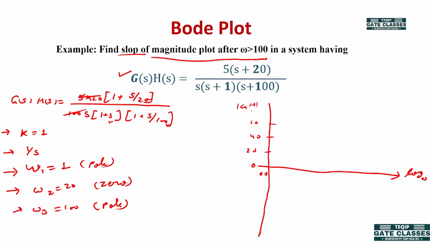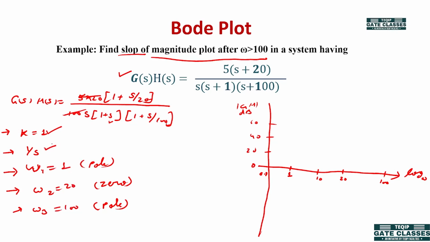Okay, GH in dB. Say this is your 1, say this is 10, this is 20, this is say 100. Okay, so your initial slope: this will contribute 0 dB slope, and this will contribute minus 20